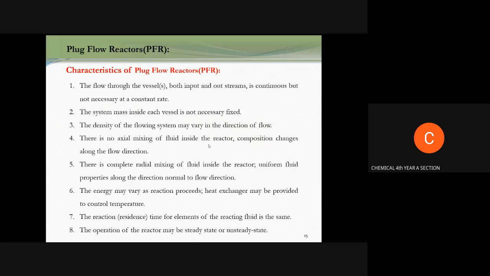This is the plug flow reactor characteristics. The first one is the flow through the vessel with input and output streams continuous, but not necessarily at a constant rate. We were just listening to it. The plug flow reactor characteristics and the continuous stirred tank characteristics are mostly similar, but there is a